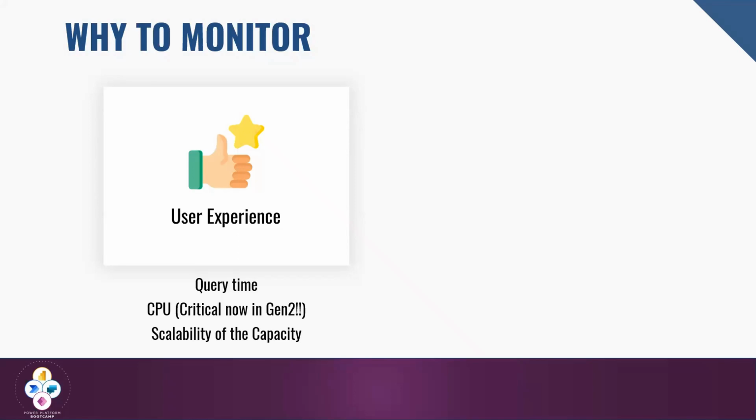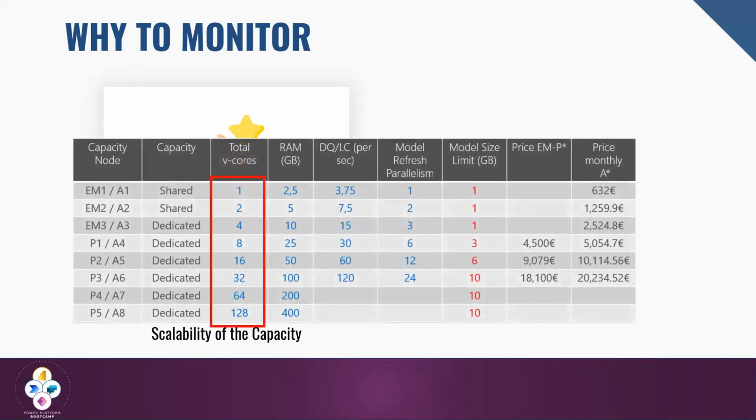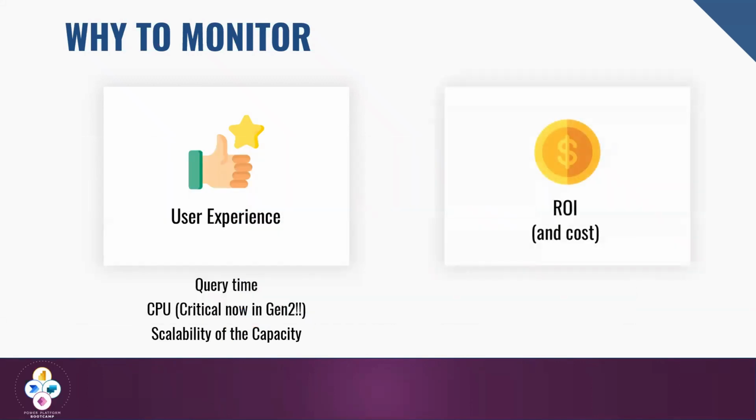Of course, we may think, okay, if we want to get more CPU, let's go and get a bigger capacity in Power BI. But this brings some other topics, like cost. And actually, they are not cheap. So putting in more iron, scaling up just for the sake of better performance, sometimes is not a nice idea. And our CTO doesn't like it. The goal is that we keep the user experience right, and at the same time, we keep the cost at levels that the CTO is happy with. All this can help us measure a bit the return on the investment.